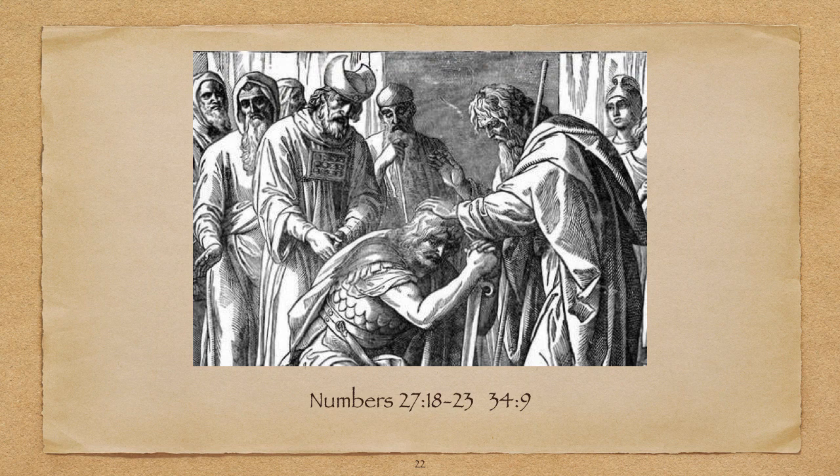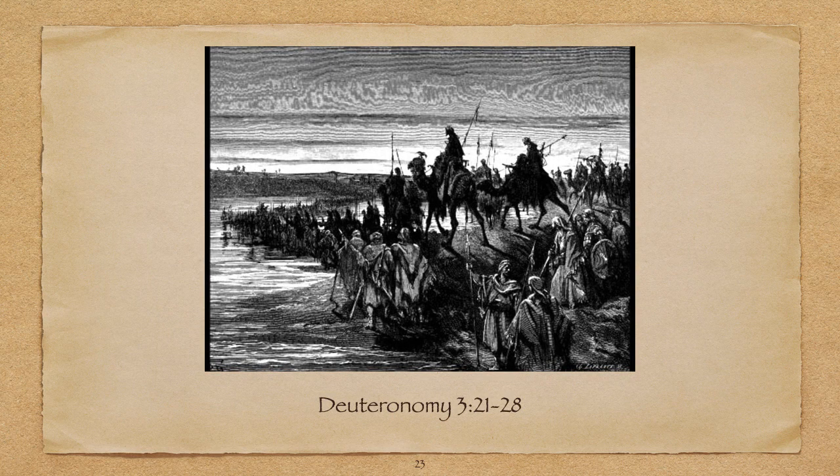Then God tells Moses, "Take to yourself Joshua, son of Nun, a man who has spirit in him, and you shall place your hands upon him, and you shall put your glory upon him, so that the sons of Israel should hearken to him." But as Moses is rejected from passing over the Jordan River because he disobeyed God at the water of dispute, he's then directed to choose Joshua to pass over the Jordan River into the land of Canaan and to possess the land.